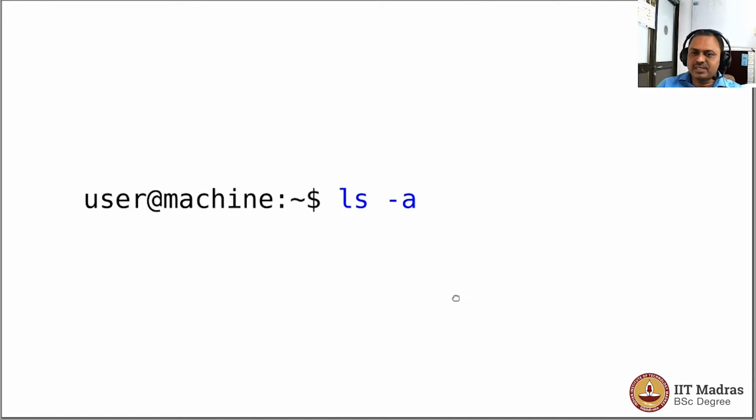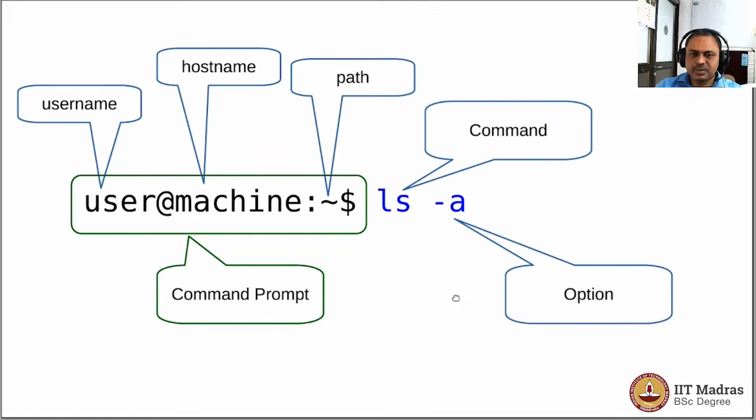Now if you look at what we have been doing, there is a command prompt that is there, and then there is a command that we have written. So let us look at the anatomy of this particular command. When we write a command, the command prompt in front of the command has many portions which can be configured separately. We will discuss that when we come to the variable called ps1.